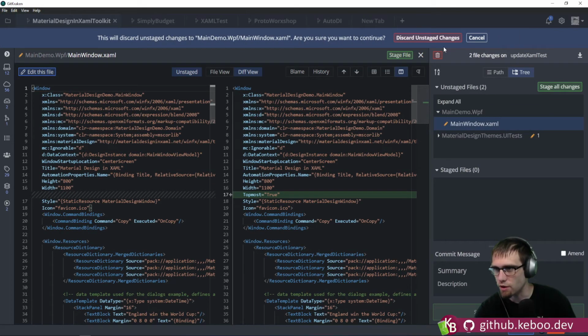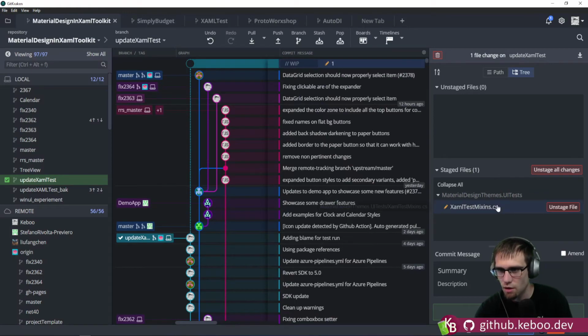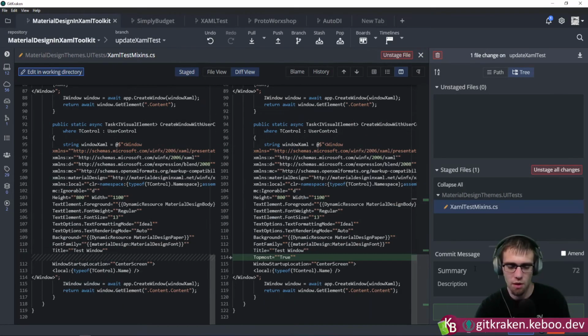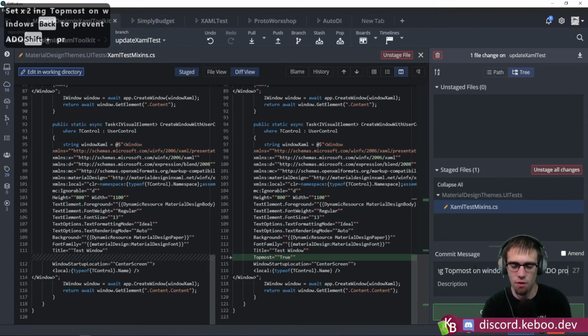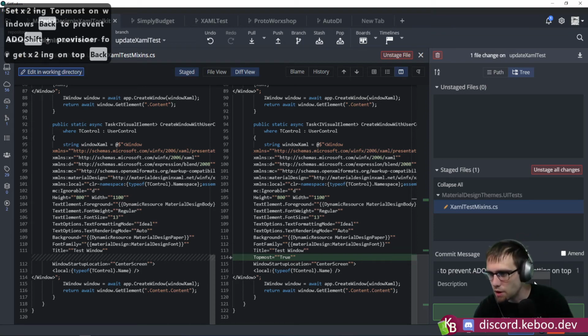So we'll discard that, stage the rest, check the changes: true, true, true. Setting Topmost on windows to prevent ADO provisioner from getting on top, because